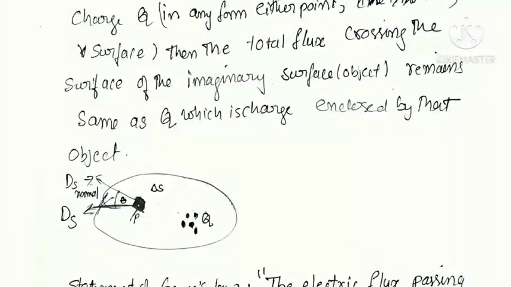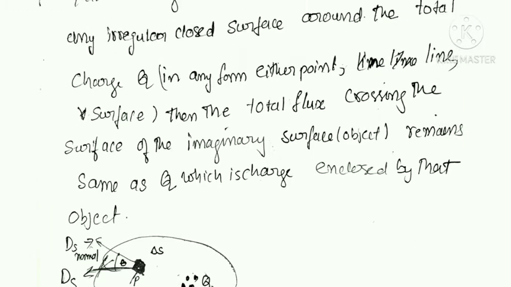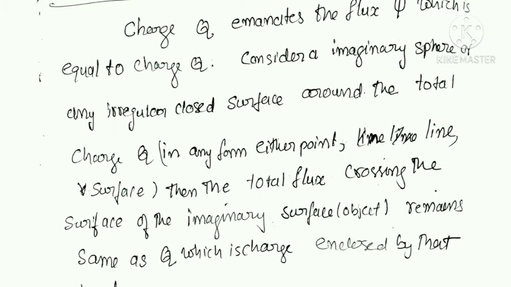If we consider a charge, it emits, it sends an electric flux. The imaginary lines which are starting from our charge we call by the name electric flux. The number of electric flux per unit surface area we call by the name flux density, that is D. D is a symbol to indicate flux density.